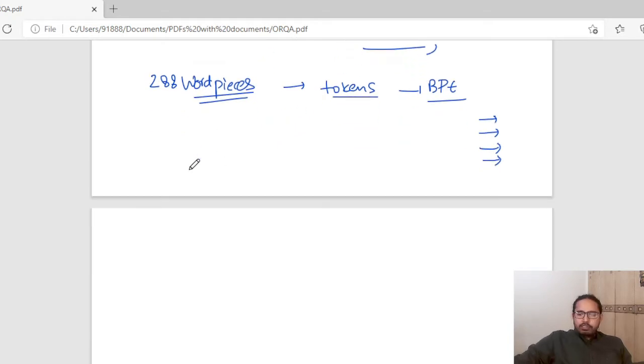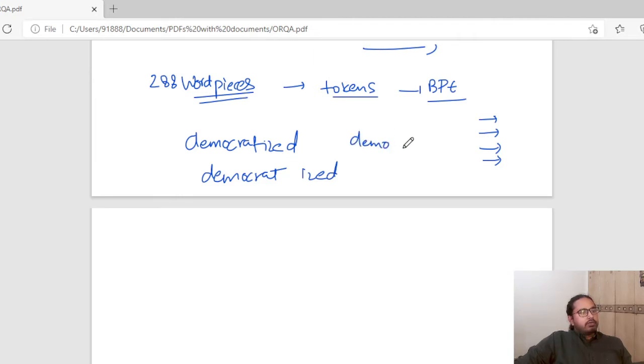When we do word pieces, the word itself can be split into subparts based on the usage of the tokens in the entire text corpus. So a word like democratized can be split in different ways. It could be democrat, anized, and it could be democratanized. So when we do word piece tokenization,